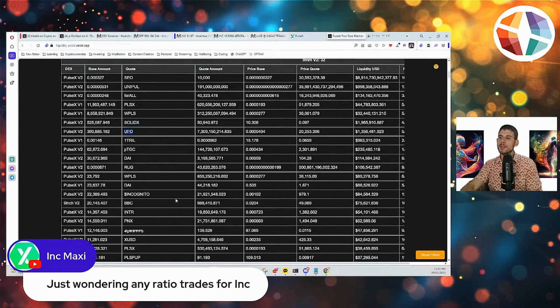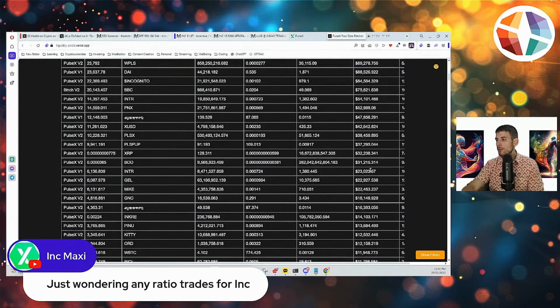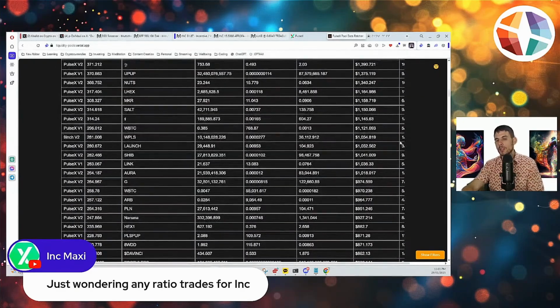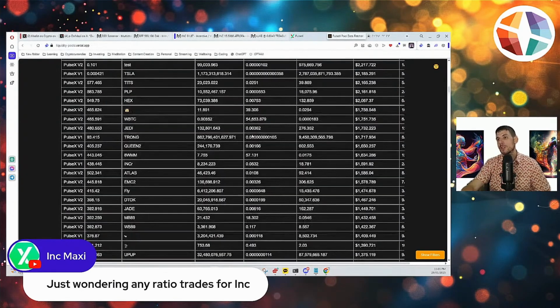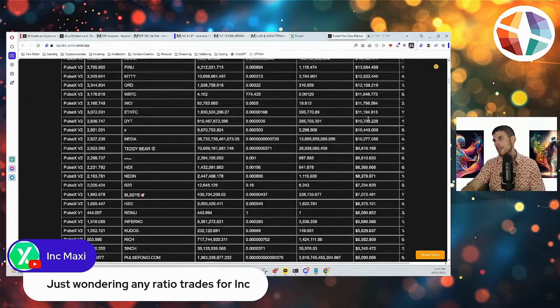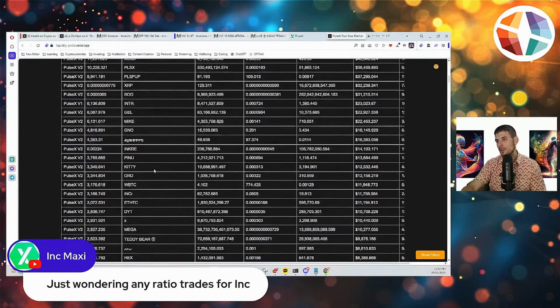So then in the same way that I showed you how I was looking through those ranges, I would look through these because there's lots of liquidity here. You want to find something with lots of liquidity. You don't want to go down to something that's got less than 1,000 liquidity because your swaps are going to be too small. But if you've only got a small amount of tokens, then it might be good for you to do low liquidity. It really depends. But I always try and look for something with at least 10,000 in liquidity, so it makes the swapping kind of worth it.